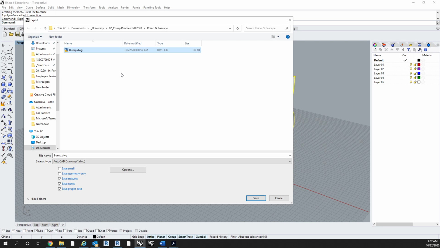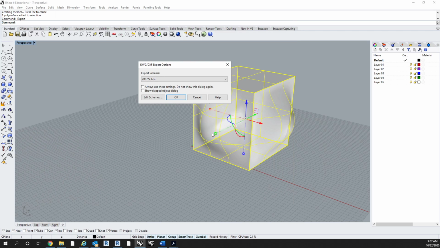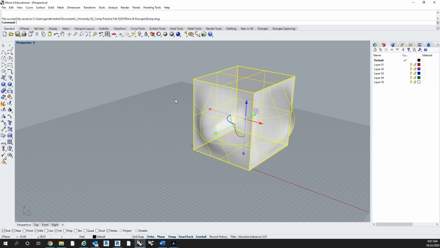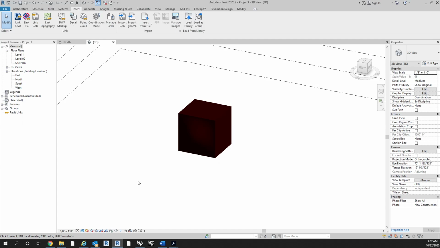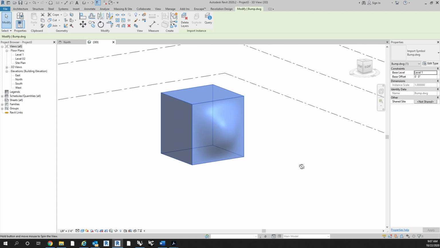Now, that's not necessarily true. You can reload from a different file. So first, let's just do your typical saving over. So save. Yes, you want to replace it. Solids. Okay. And then go in and